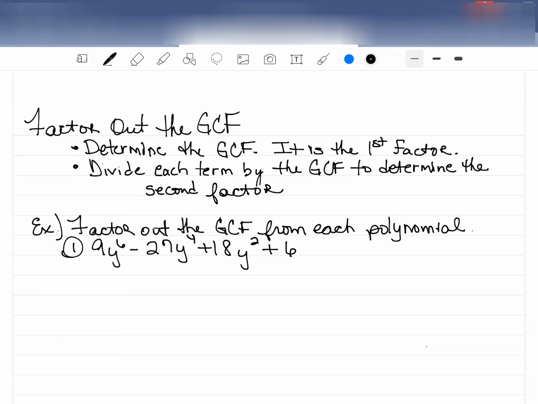What I'm doing when I'm factoring out the GCF is I'm trying to find out what I started with originally, so that when I multiply, what we started with will be the answer. Okay? And that's how we check it. So we can actually add another bullet here where we say to check our work,